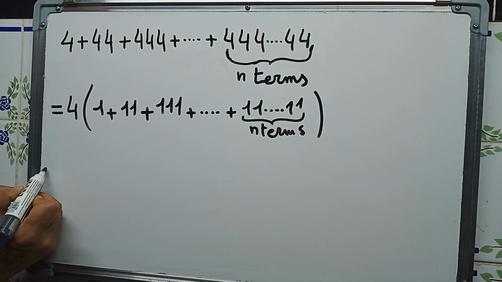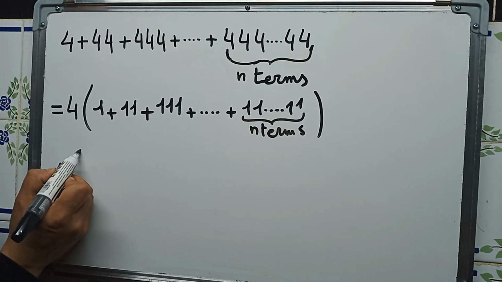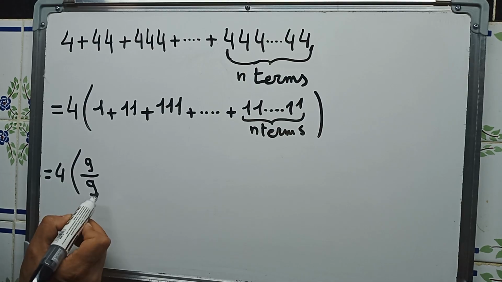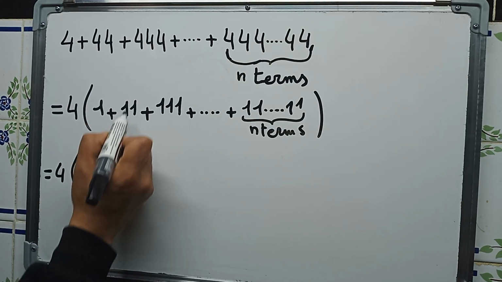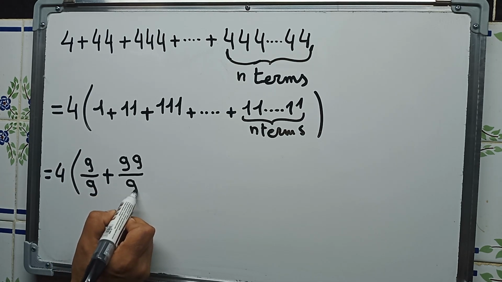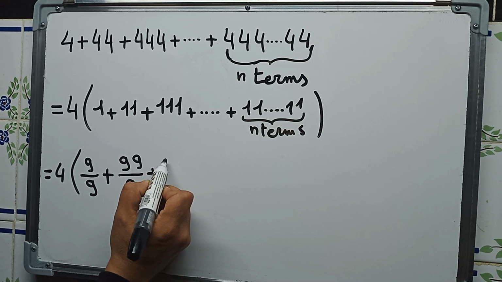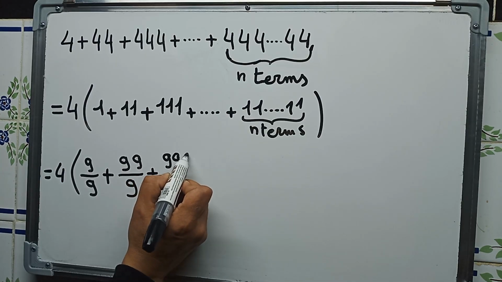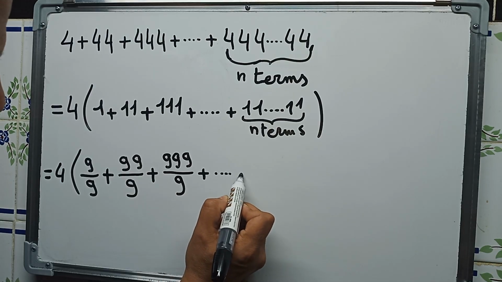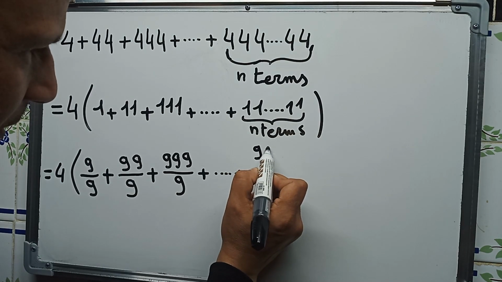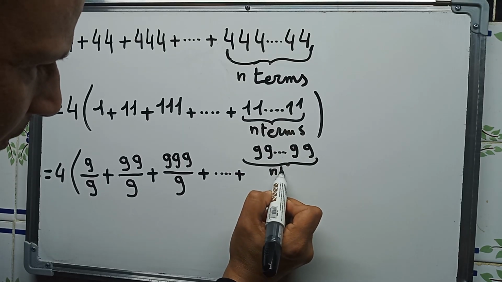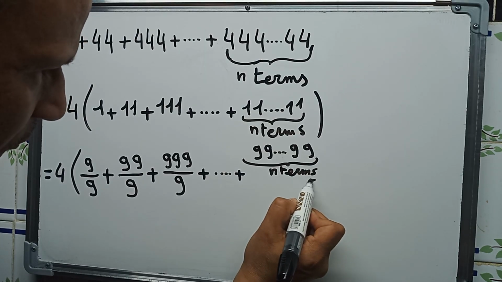and it's of course equal to 4 times, here 1 is 9 over 9 plus 11 is 99 over 9 plus this number is 999 over 9, and of course until the last number here is 9999 n terms over 9